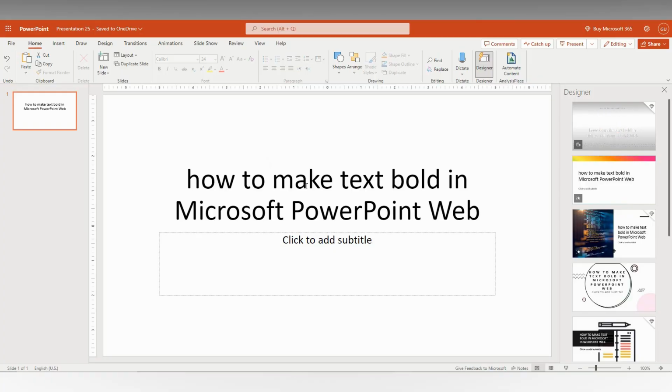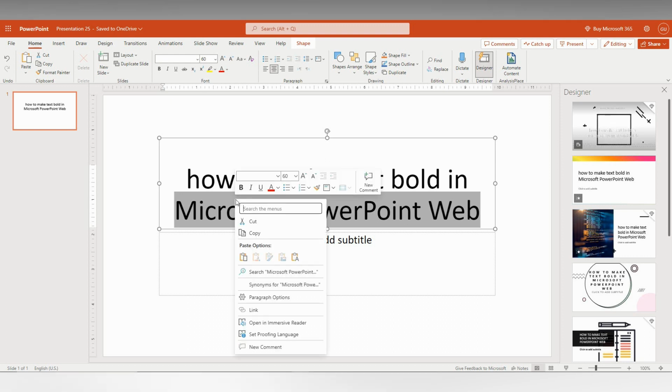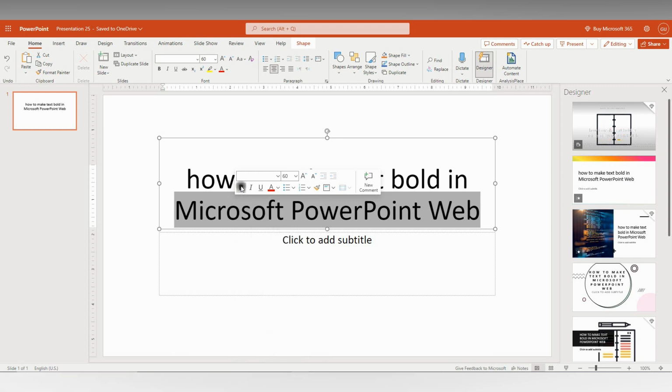So how to make the text bold in Microsoft PowerPoint, I'm just going to show in this video. So first of all, select the text that you want to make bold. For example, here I'm just going to select Microsoft PowerPoint web, and now you will have this option on the Home tab, and here go to the font group or right-click with your mouse. You will find this option B, which makes it bold, or you can also turn it